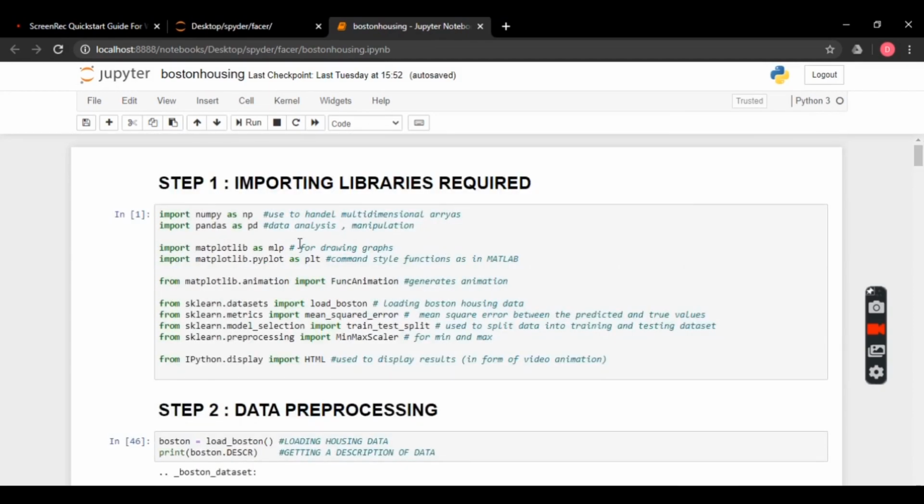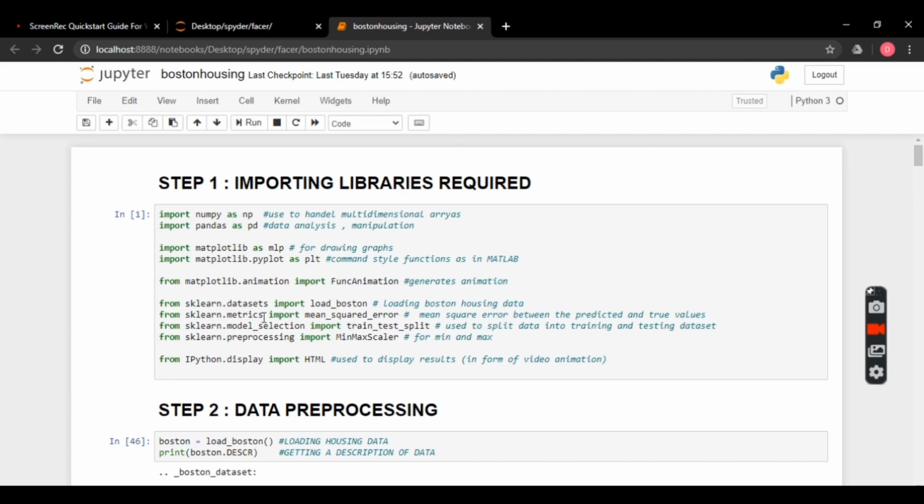We are firstly importing all the libraries required: NumPy, for multi-dimensional arrays; Pandas to handle manipulation and data analysis; and Matplotlib for drawing, and other required libraries for generating animations. From sklearn we are importing load_boston, which is used to load our data, that is the Boston housing data.